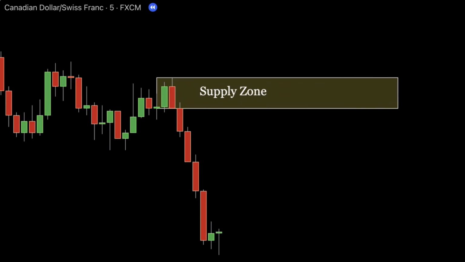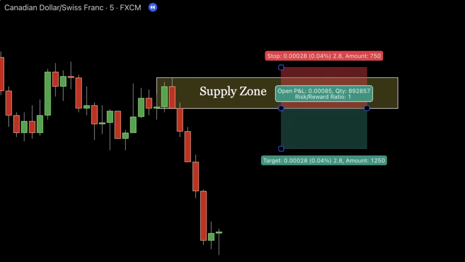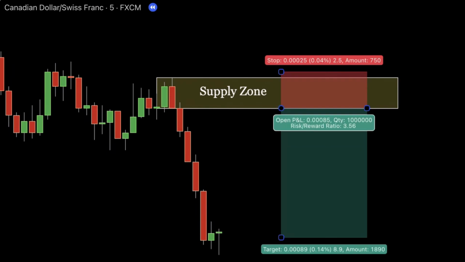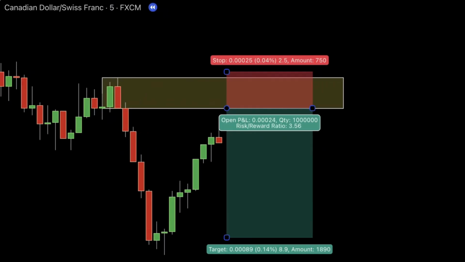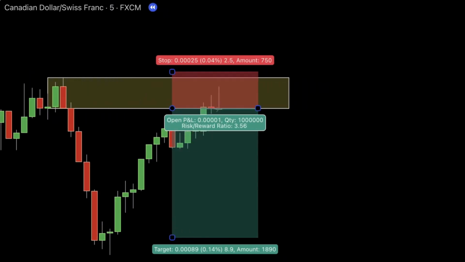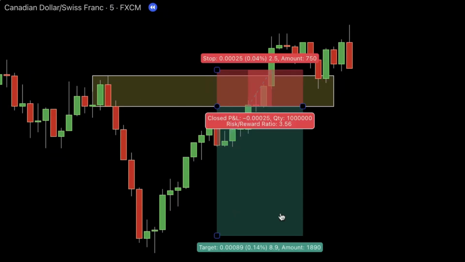You feel it, that itch. What if I miss this trade? You rush to place a limit order on the supply zone, assuming it's bound to work. You don't wait for confirmation. You're convinced the market will respect the zone and move in your favor. But when you check back, the frustration sets in. The trade failed. Maybe your stop loss was hit, or the market didn't react the way you expected.